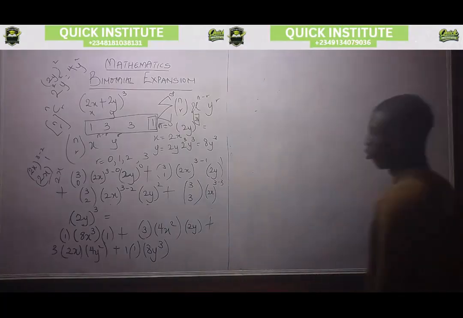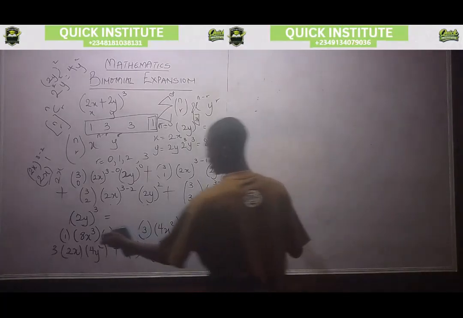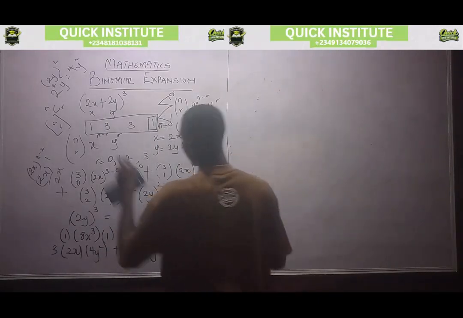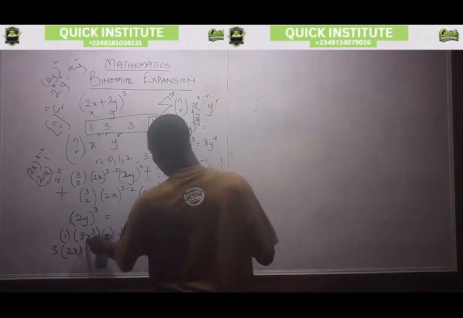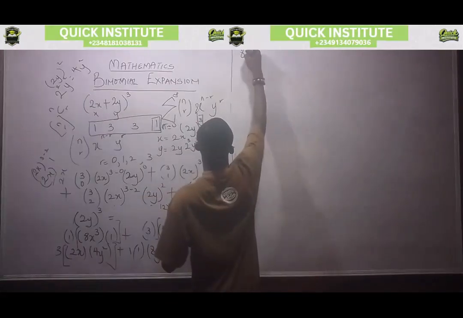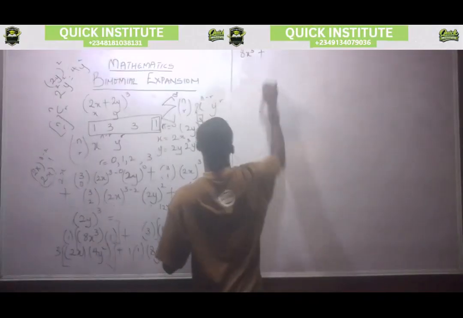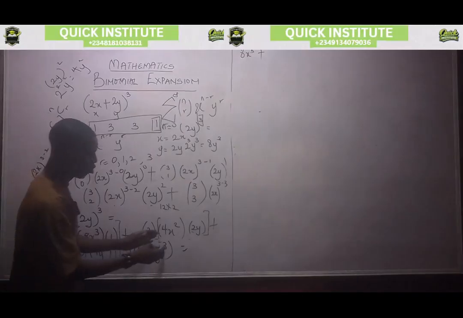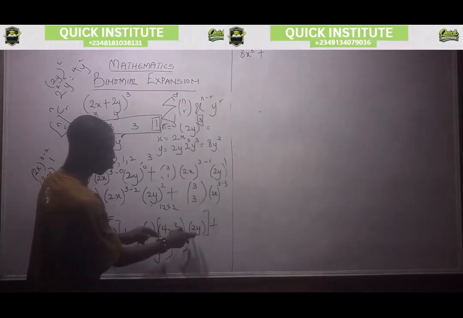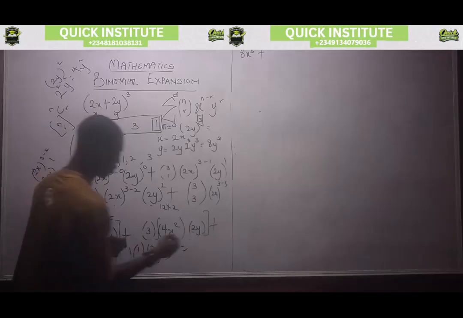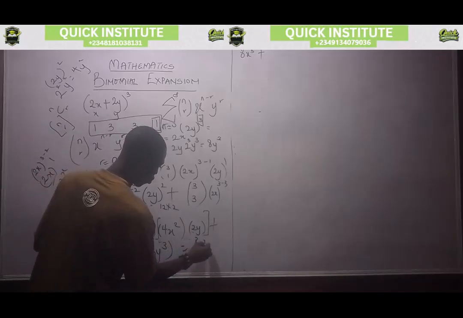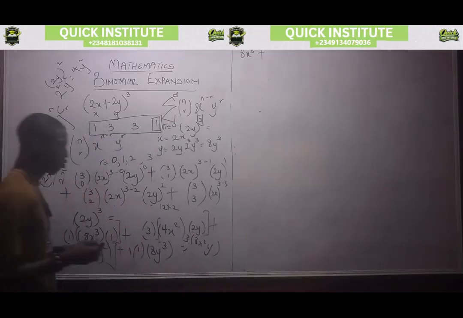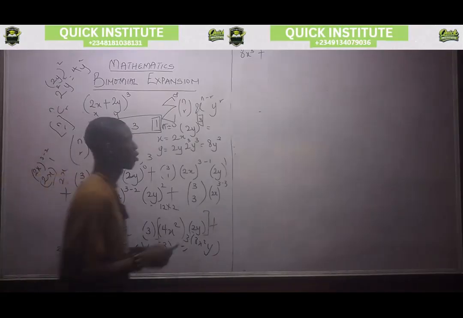So now we have 1 multiplied by this, multiplied by this. If anything is multiplying by 1, you see the same thing. So we have 8x cube plus. Let's multiply those numbers. 4 times 2 is 8, right? You have 8x square y, and it's multiplying by 3. So 3 times 8 is 24